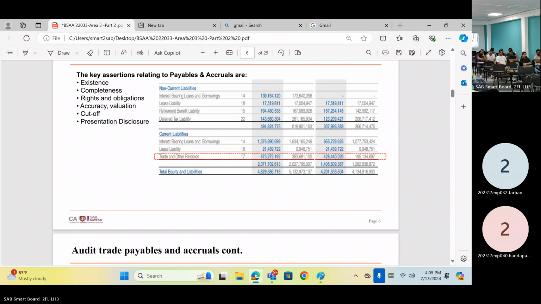LKAS 17, right? So as per LKAS 17, we had two types of leasing arrangement. What are they? Finance lease and the operating lease. So we should know how we can classify finance lease and operating lease. Previously, for a finance lease, we recognized the asset and the liability also. At the end of the lease term, the item will be transferred to that party, right?